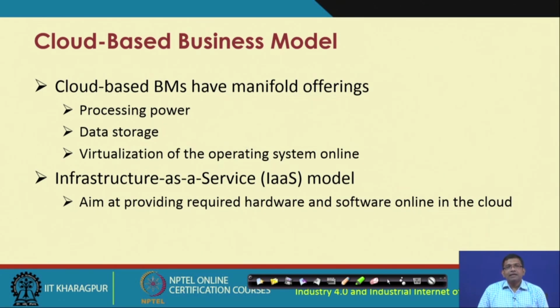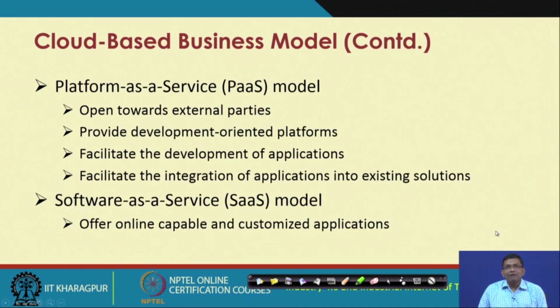We have things like the infrastructure as a service model, IaaS. In this kind of model, the computing infrastructure, the hardware infrastructure, will be offered as a service. Then we have platform as a service, which is basically the computing platform, the development platform, that is offered to customers as a service for further development of different applications, and for integration under a common platform of applications which have been developed in different platforms.